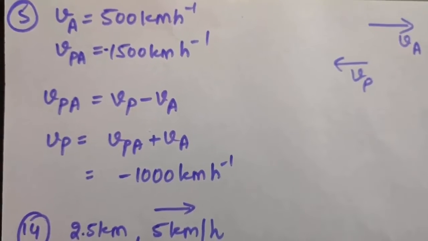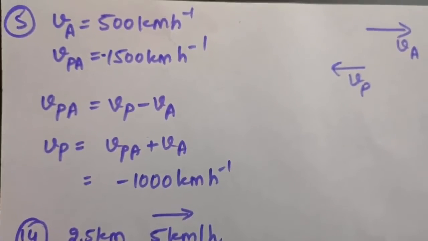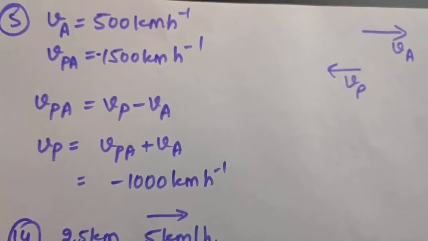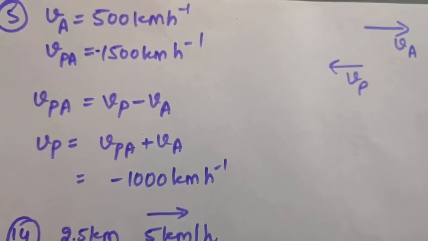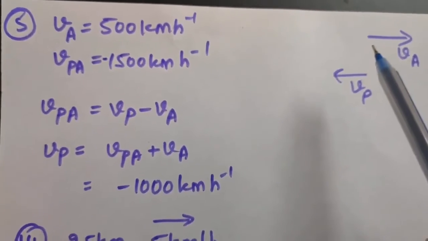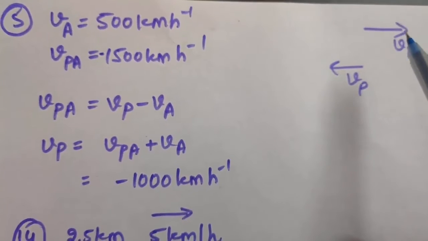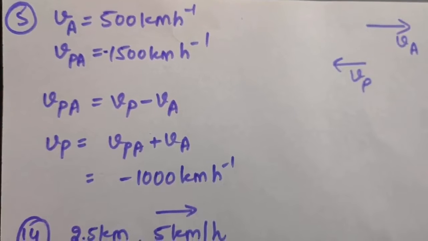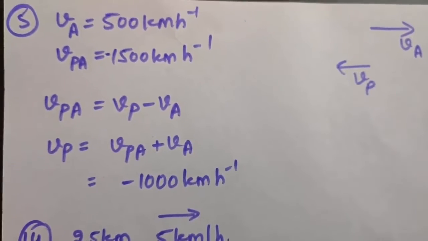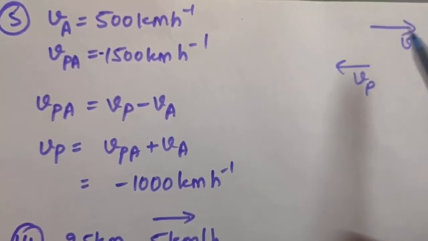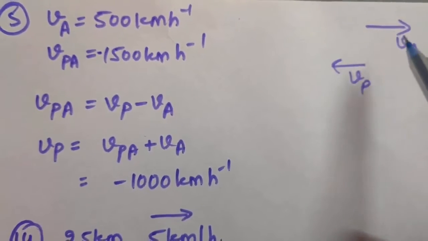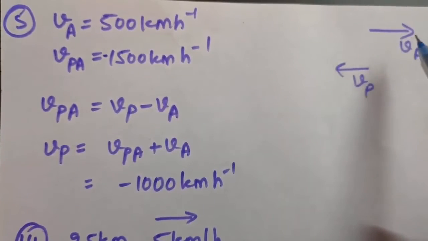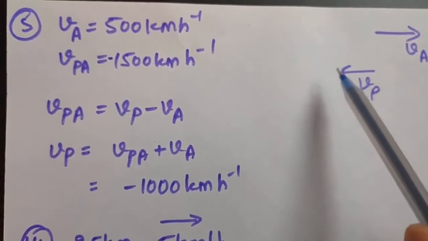The question says, a jet airplane traveling at the speed of 500 km per hour ejects the products of combustion at the speed of 1500 km per hour relative to the jet plane. Okay, now you know, if I am taking the velocity of the airplane to be in this direction, the products ejected by it will be in the opposite direction. This you have seen in practicals or real life also, that when an airplane is traveling in this direction, its products will be ejected in the opposite direction. So if this is the direction of the airplane, this will be the direction of the products.